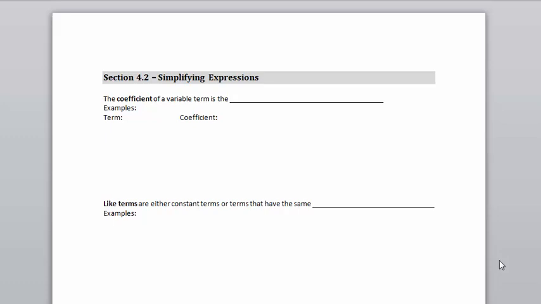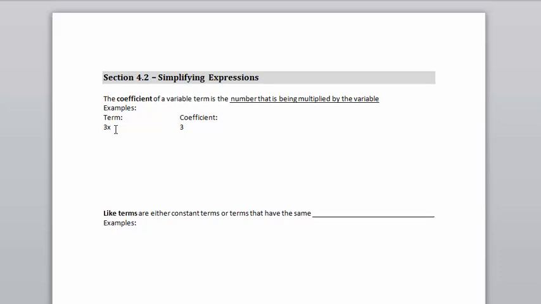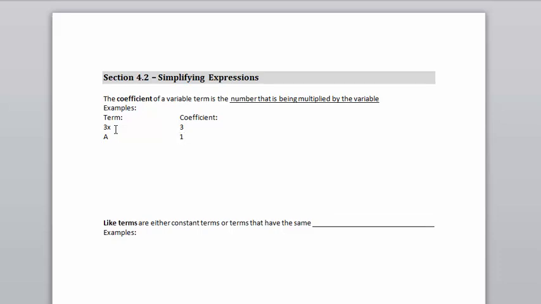Section 4.2 is on simplifying expressions. The coefficient of a variable term is the number that's being multiplied by the variable. For example, if you have a term like 3x, the coefficient is 3. If your term is a, that is the same thing as 1 times a, so the coefficient is 1. If you have a term like 5x squared, the coefficient is 5,